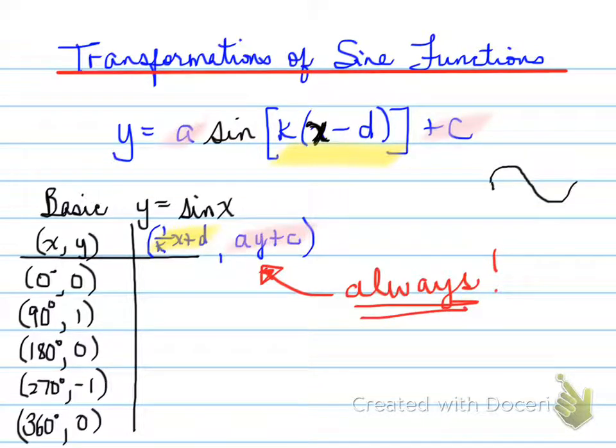So a sine curve looks as follows. It looks like a sideways S, and you would have all these points, 0, 0, 90, 1, 180, 0, 270, negative 1, and 360, 0. So if we're looking at this in terms of a sine curve, you would have the y-axis, which would be here, and then you would have the x-axis. And we have it right here, and don't forget, that would be your basic sine